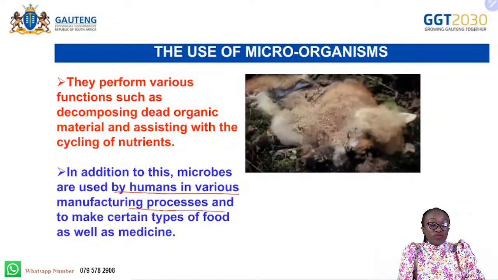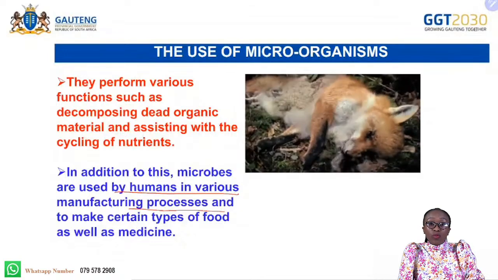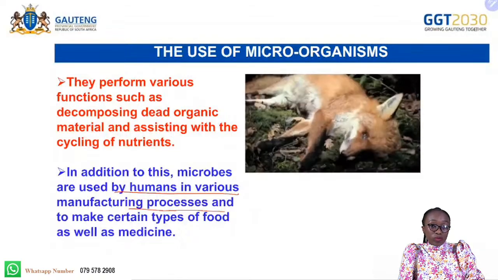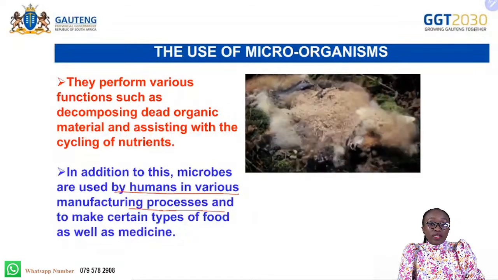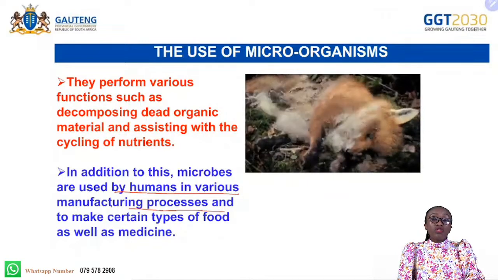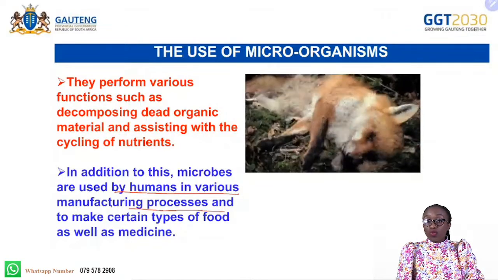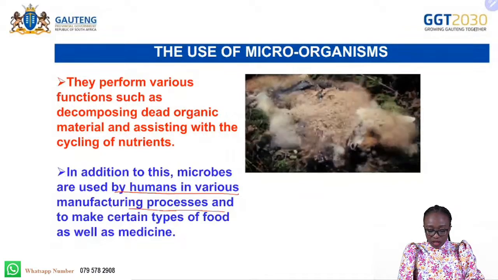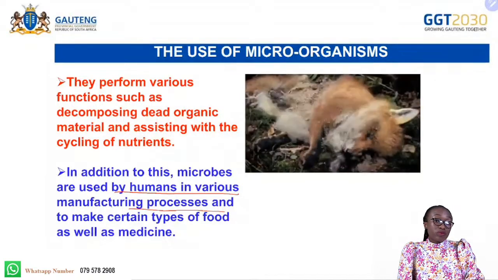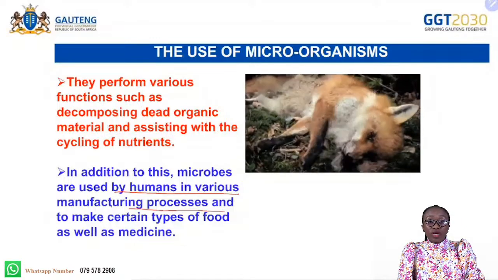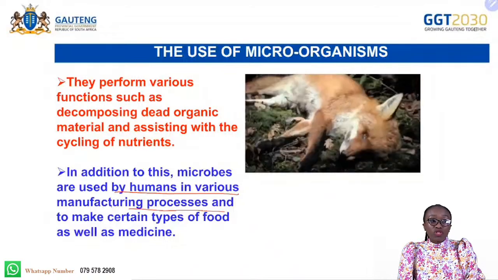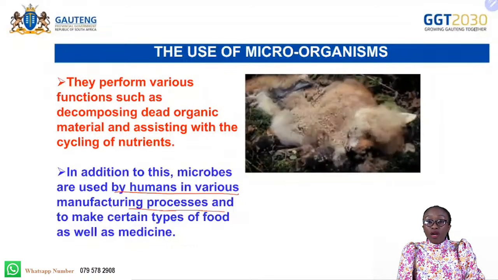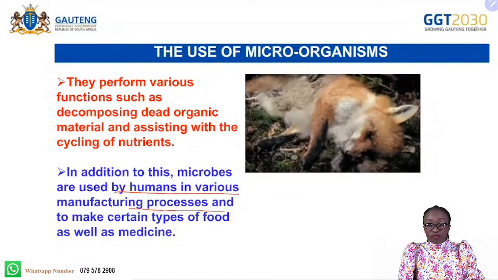Let's look at this short video of this fox. Remember when we were learning about feeding relationships? We learned that decomposers play a very important role, whether in a food chain or a food web within the ecosystem. They break down dead organic material and recycle nutrients back into the ecosystem, mainly the soils, enriching the soils with fresh nutrients. So here is a dead fox. Decomposers, some of which are microorganisms, help to break down the organic material and free the nutrients found within the fox, unlocking all that energy locked up within the fox's body and returning it